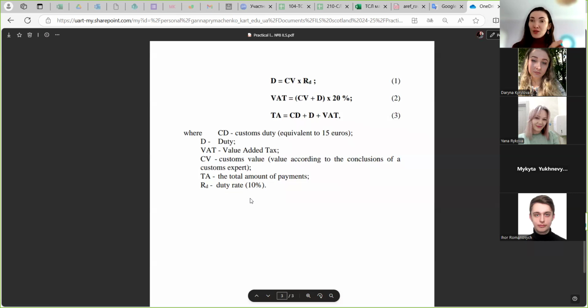So we used customs value multiplied by the sums 10% from customs value, and it was very big sums. And we also discussed with Jana that it is not very good because the sums of customs payment is better than we pay about the car, and it is not useful and not good for everybody in relationships of